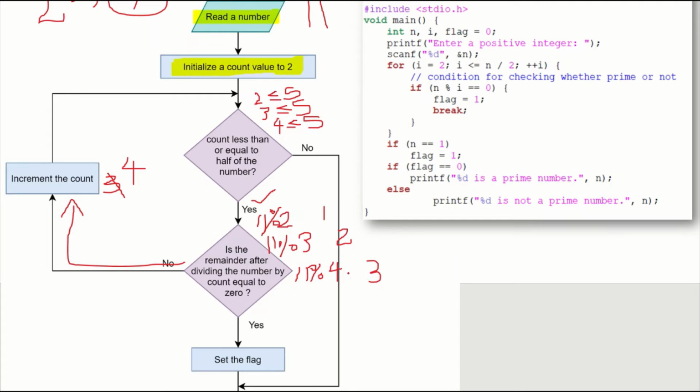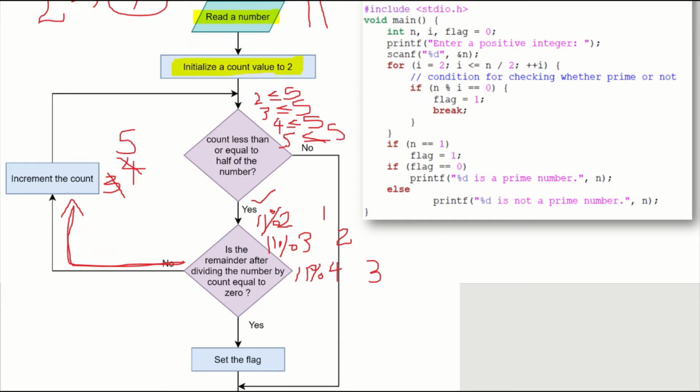Okay, and as the remainder is 3, we are going to this direction, again incrementing the count to 5. So in this case also the condition is satisfied as 5 is less than or equal to 5.